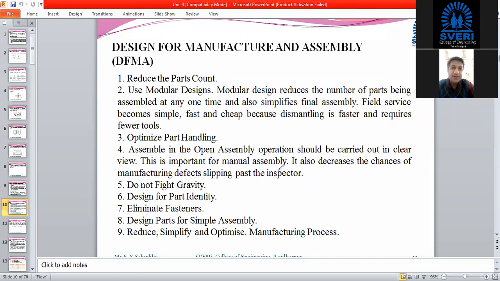So sequentially that assembly should be done. Next thing is that every designer has to take care that we should not fight against gravity. It means that components which are getting assembled together coming from the upper side will be better and will get fitted to that particular